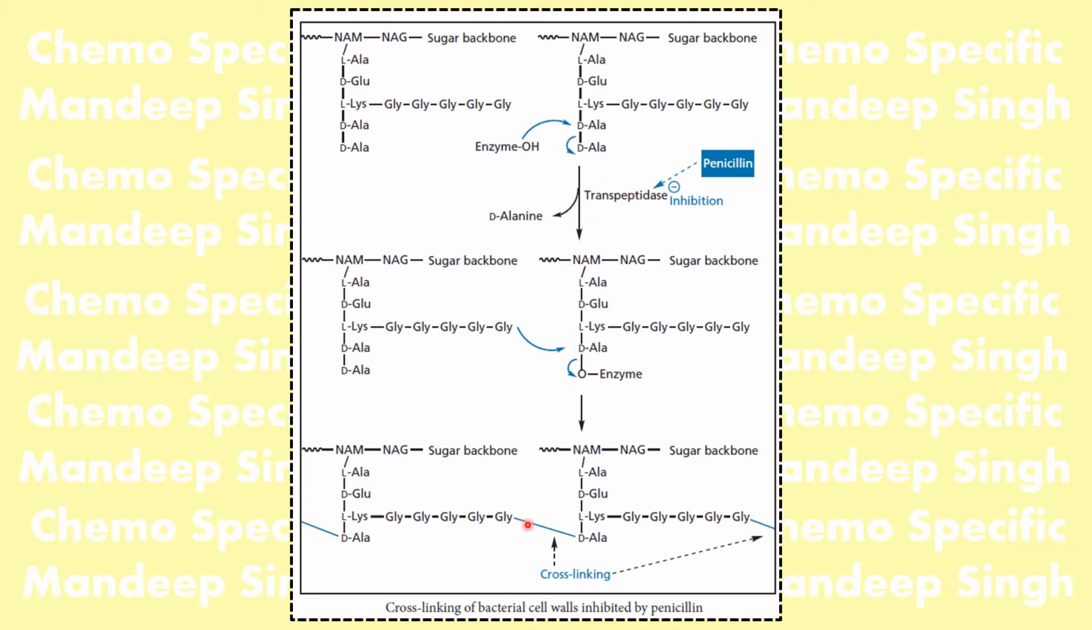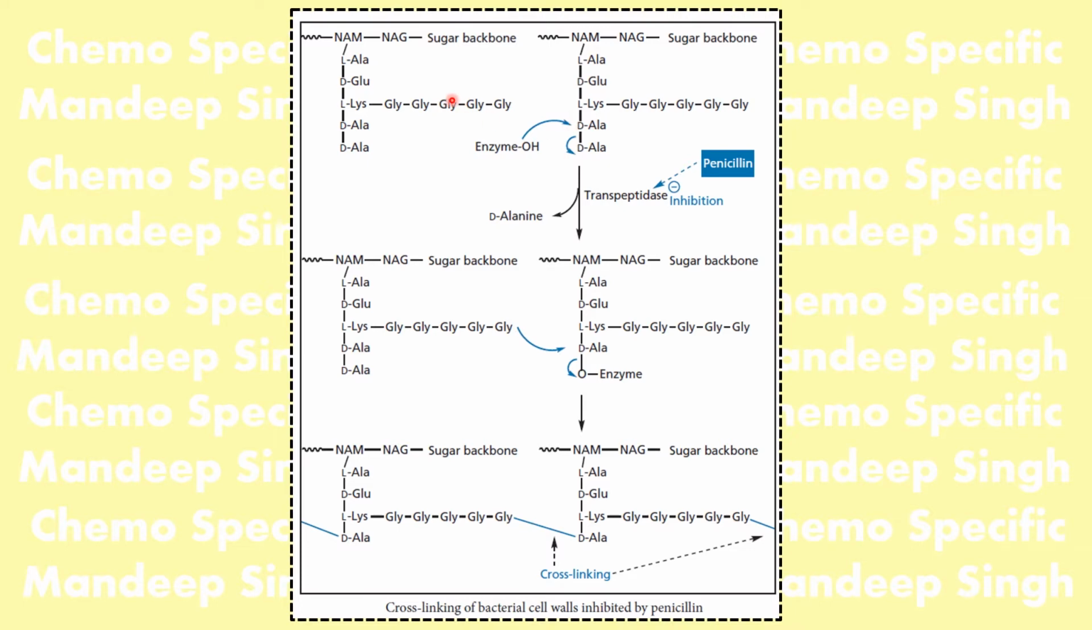As a result of which, this cross-linking has occurred. Similarly, you can see an enormous degree of cross-linking taking place, which is mediated by this particular enzyme. And it is this cross-linking which provides strength to the bacterial cell wall. And imagine what this penicillin does. Penicillin inhibits this particular transpeptidase enzyme. So if you inhibit this first step itself, it means there will be no cross-linking taking